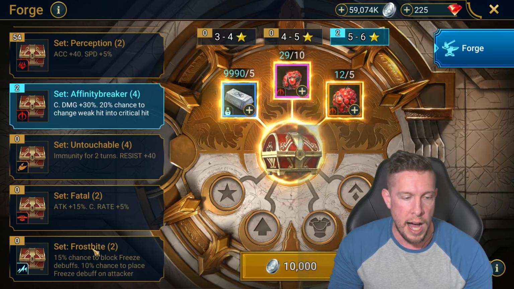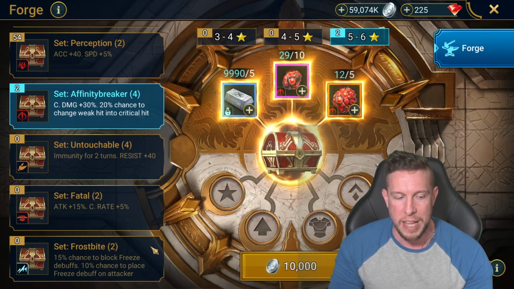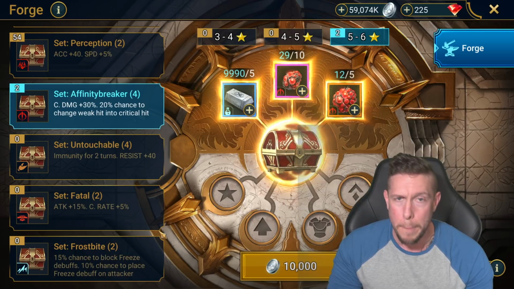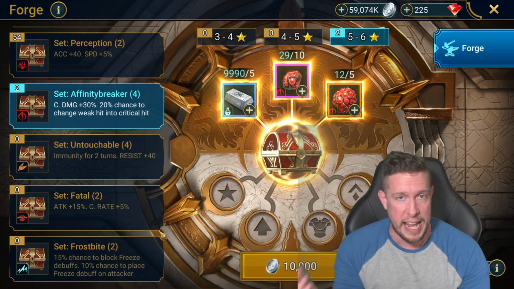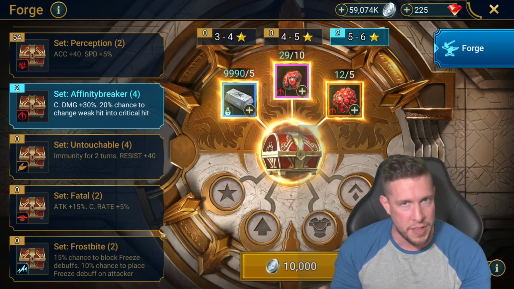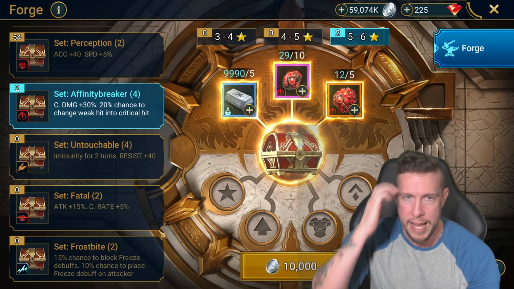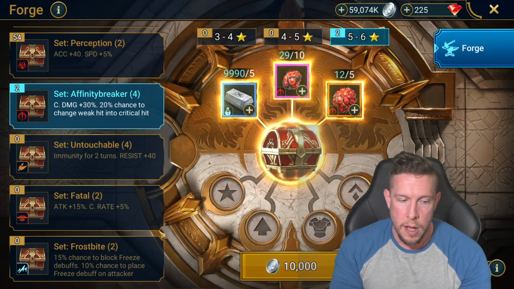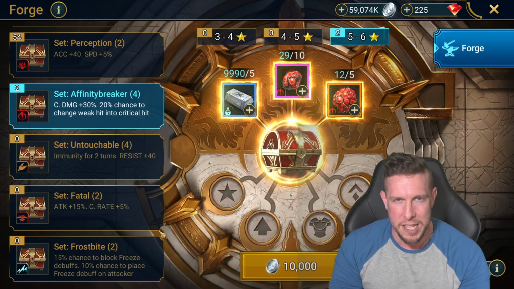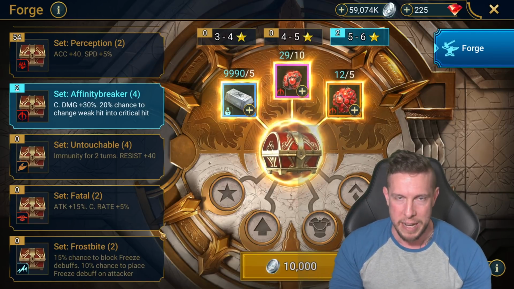Who knows? Frostbite set, 15% to block freeze debuffs, 10% to place a freeze debuff on the attacker. I think it's a B- set personally. Some people think it's an A+, other people think it's trash. I think it's a little bit better than average, but nothing crazy, right? You can run 2 Frostbite sets or 3 Frostbite sets and run 30 or 45% chance to block freeze debuffs, which is kind of cool to have, I guess, on specific teams against specific bosses in specific areas in the game. But again,